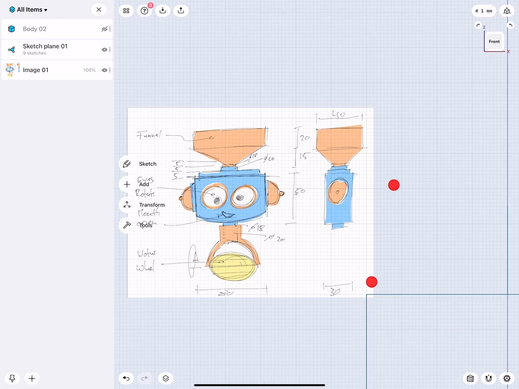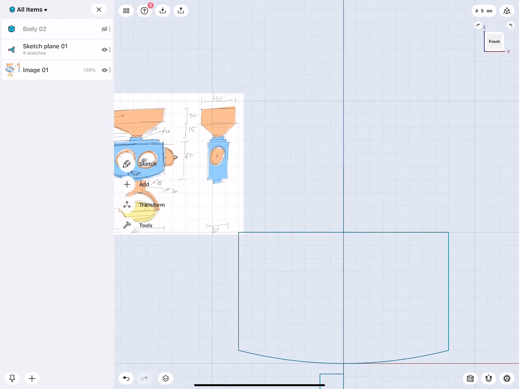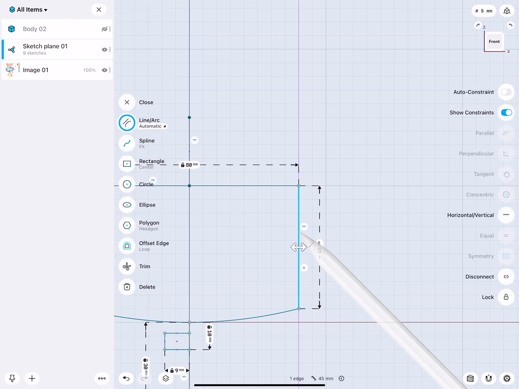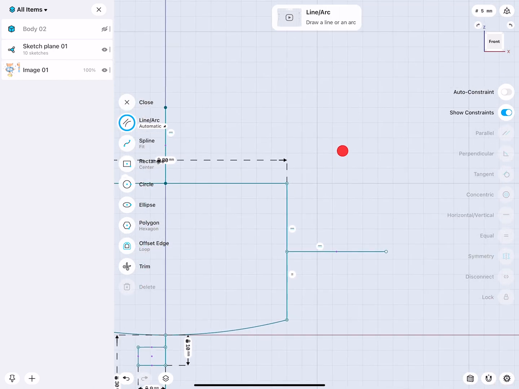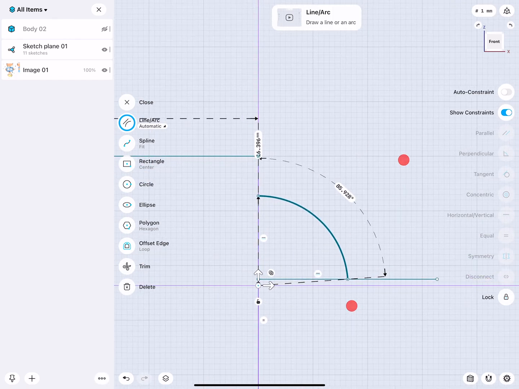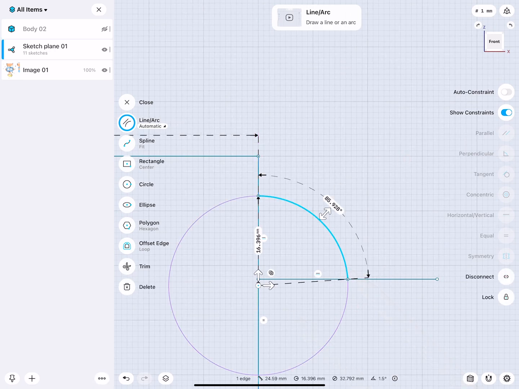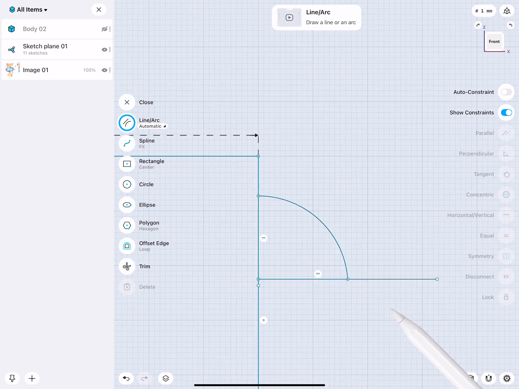So let's take a look at the ears. How can we do the ears? There's actually an interesting problem to solve that shows you also how direct modeling and sketching can be very effective. I will draw here a line. I don't know how long this line will be. This line will be horizontal. And then I would like to have an arc on it. There's my arc. To make the arc perpendicular to both lines, the arc center point, I line up with this